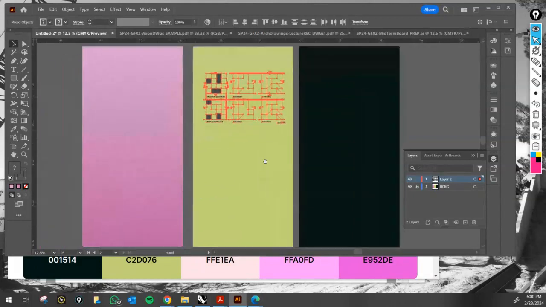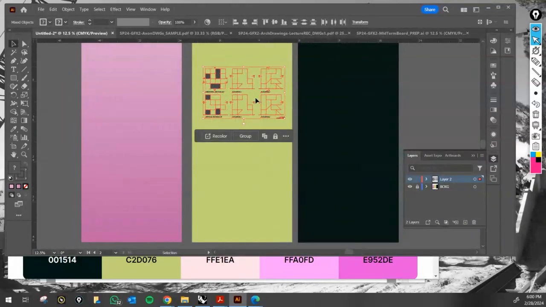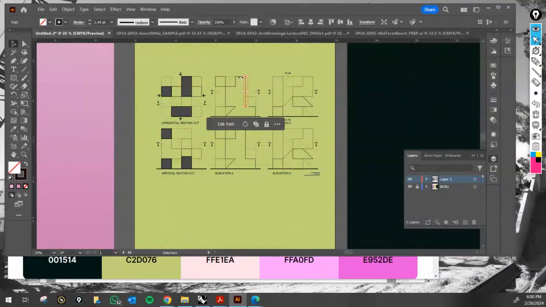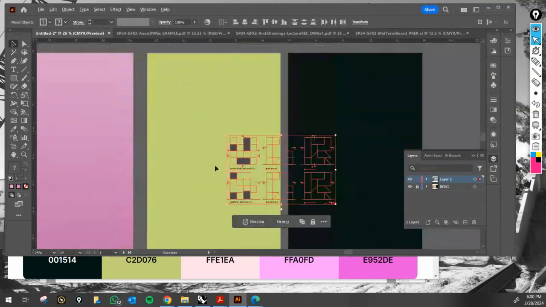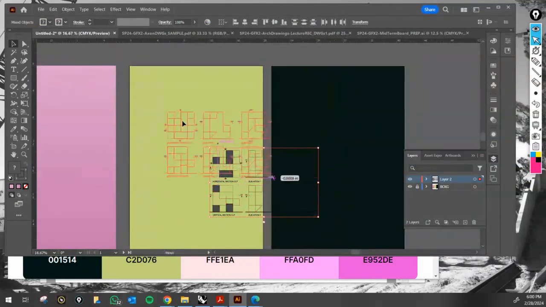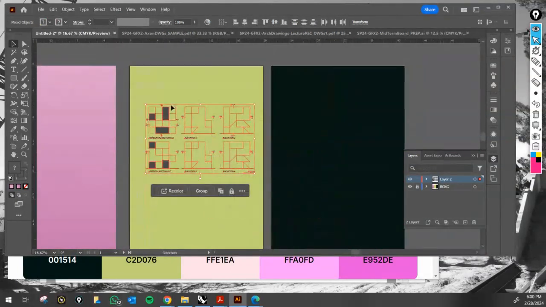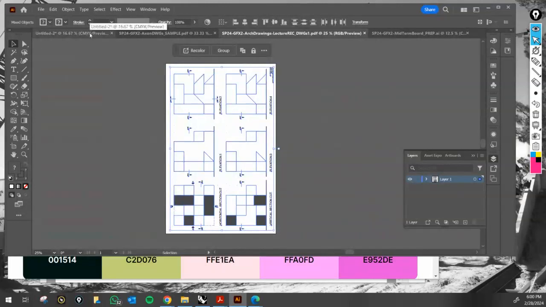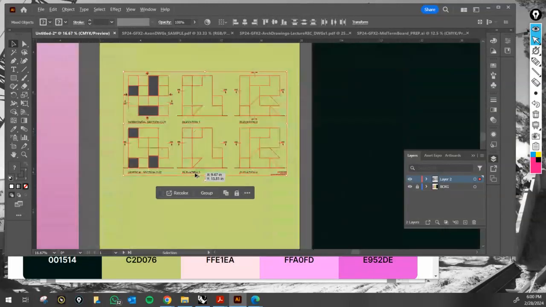Things are not grouped; they're just brought onto the board. So if I click out, all of these are individual lines, and that's one of the drawbacks of doing it the way that we're doing it right now. As a matter of fact, some might argue that this is not the best way, and I would actually agree that maybe it's not the best way, but it's a way. Let's say that you have these PDFs for other projects and studio projects that you want to put a presentation together. This will help, but one of the